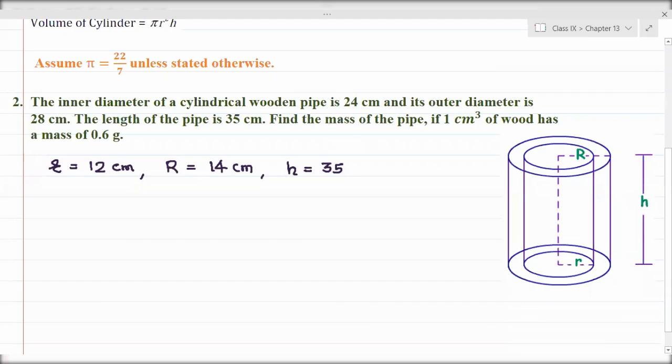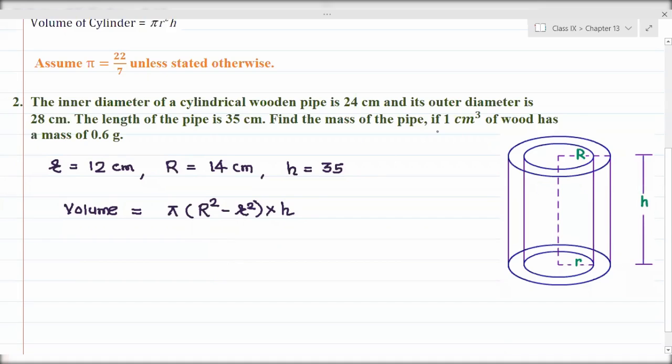Mass, remember, is also referred to as volume. So here we shall apply the formula of volume of hollow cylinder. Formula of volume of hollow cylinder is pi into the bracket capital R square minus small r square into h. Okay, so now you need to just put the values over here and you have to solve it. Now this solution also I will send you at the last.